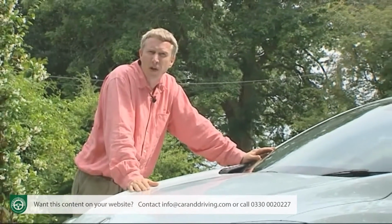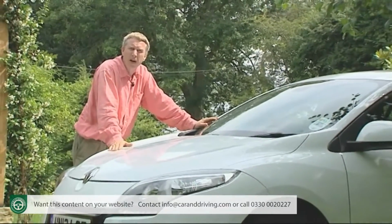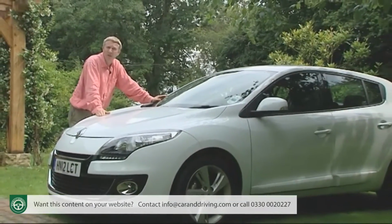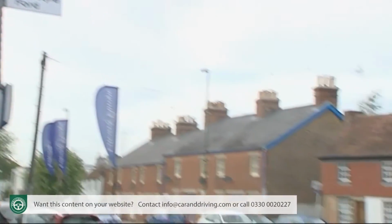With the French maker's position as one of Europe's biggest car makers severely under threat, and a slimmed-down range of conventional vehicles forced upon dealers by this brand's commitment to electric power, it's hard to overstate the importance of this model if you happen to run a showroom with a yellow-backed silver diamond above the door,